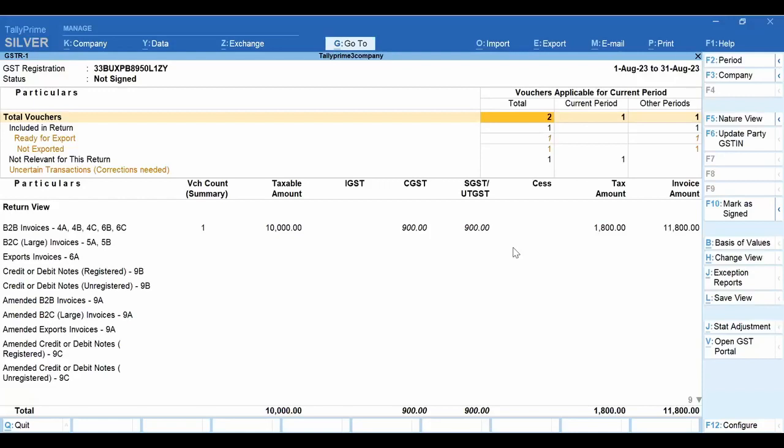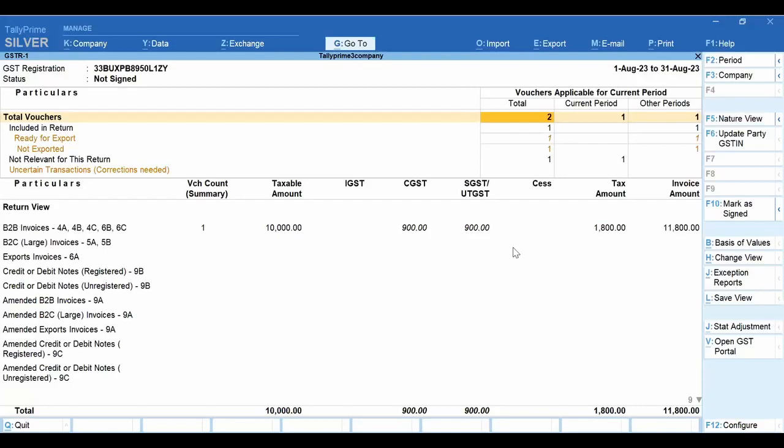In between the marking, there are two ways of amendments here. Before submitting the return, before filing the GSTR1, there may be some changes. So before signing the return, we can edit the transaction, we can delete any entries, all these things. Similarly, that is taken care of entirely. That is what I just want to correlate between the actual filing scenario as well as the latest TallyPrime handling